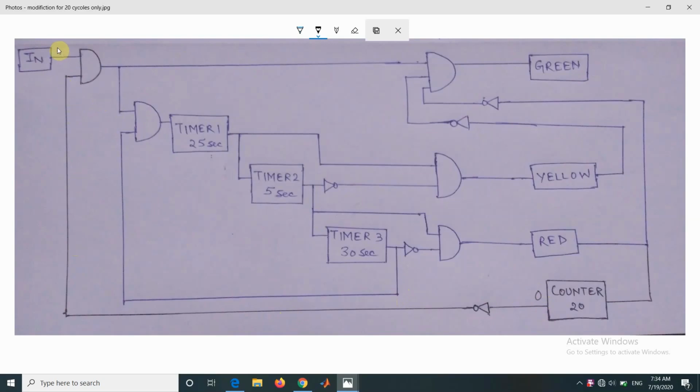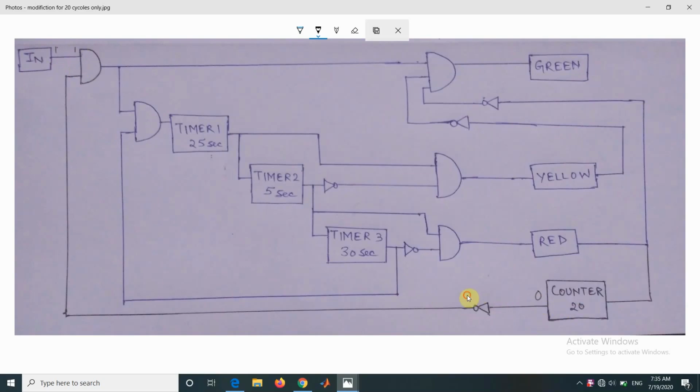and when input is given to the system, this input to AND gate becomes 1, and as the property of an up counter is that its output only becomes 1 after the accumulated value in the accumulator becomes equal to the preset value, so this 0 would not become 1 until the counter reaches 20.